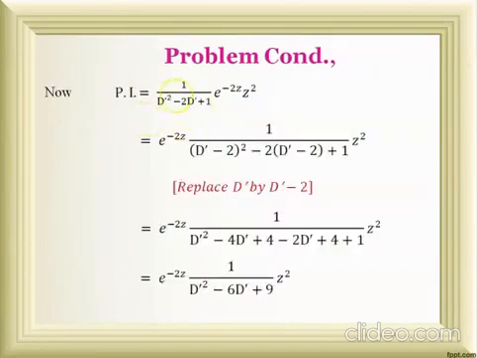So let us move on to the P.I., 1 by f of d into RHS value. So here also exponential with an algebraic term. So I need to replace d dash by d dash minus 2. Here a is equal to minus 2. So for simplification, you just open this d dash minus 2 the whole square by using the a minus b the whole square formula. Take the multiplication of d dash minus 2 with this minus 2. So it will give the simplified form as d dash square minus 6 d dash plus 9.